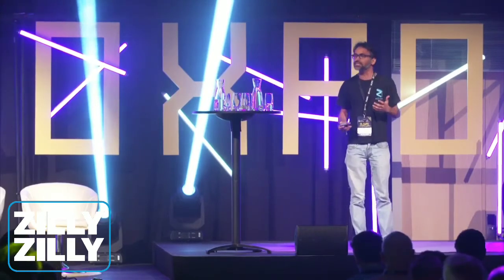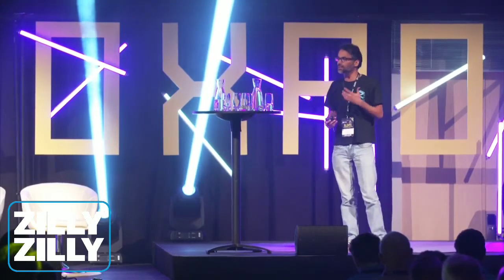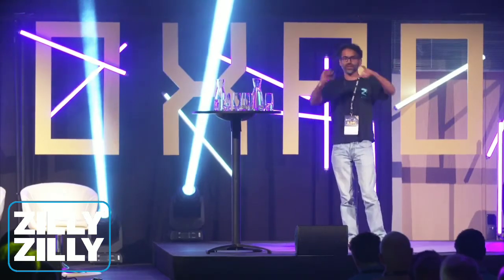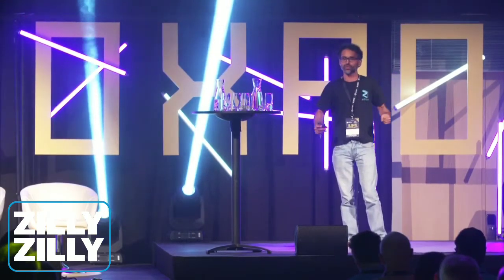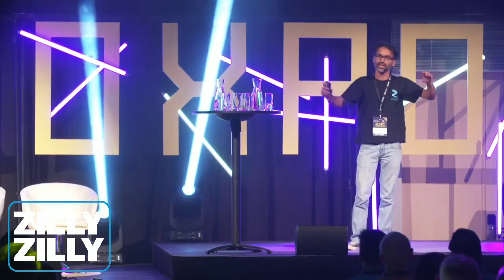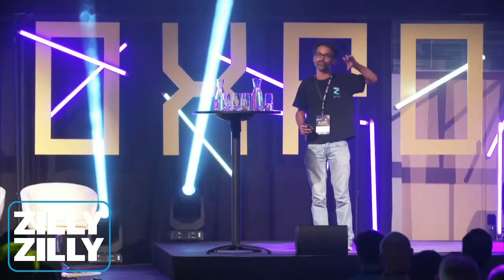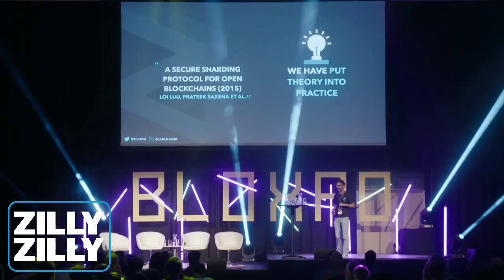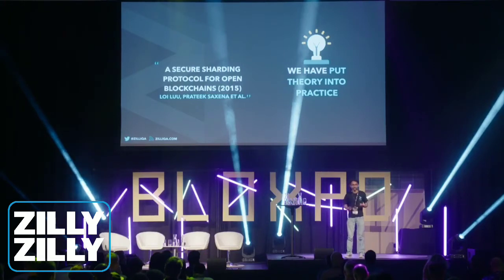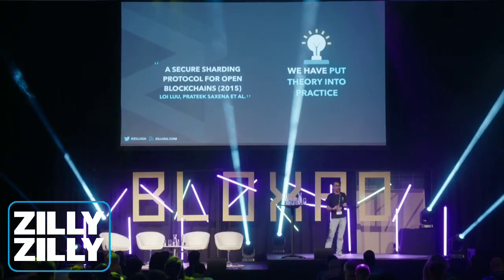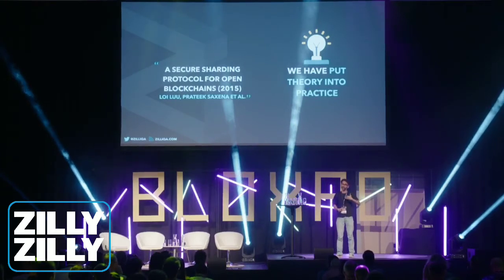If you're familiar with databases, sharding comes from that domain, where the idea is, when you have, let's say, a large matrix, you could divide that table or matrix into certain rows, and one server would only manage the load that comes to, let's say, the first 2 rows or the second 2 rows, and so on and so forth. But it was not known whether you could apply this idea in the context of blockchain. So some of our team members wrote an academic paper to show that you could actually employ sharding even in the blockchain space, and you could use that idea to actually scale the blockchain infrastructure.